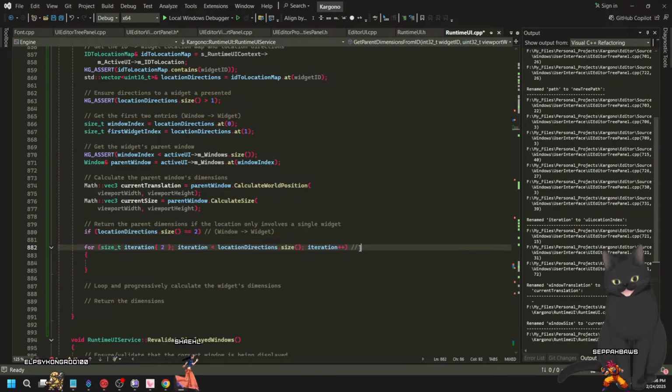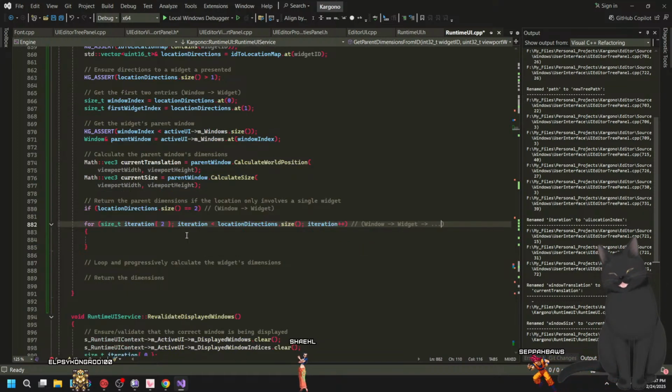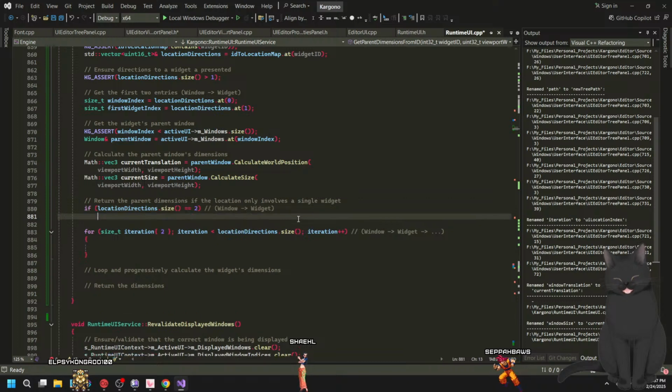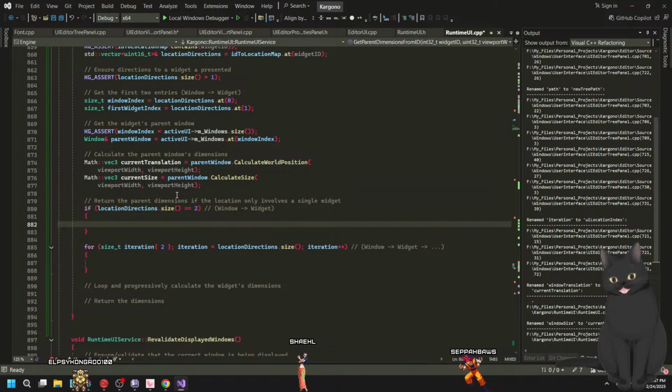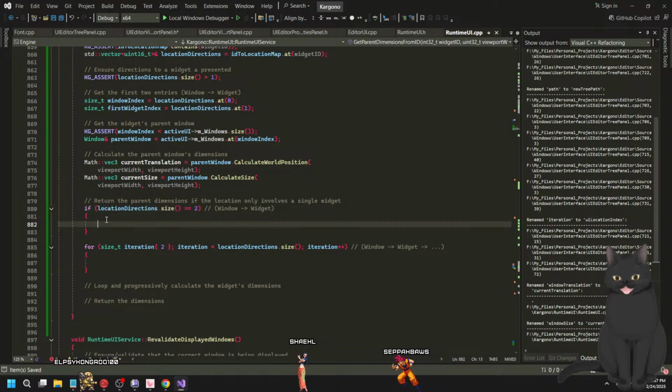And this one will be for window, widget, dot dot dot, like more widgets, right? So in this case, when we specifically only have 2, we're just going to return